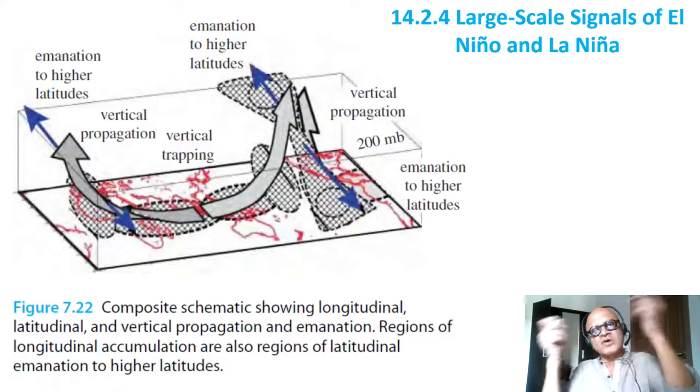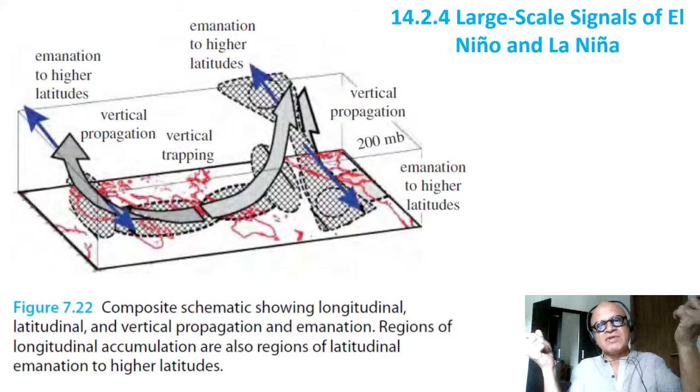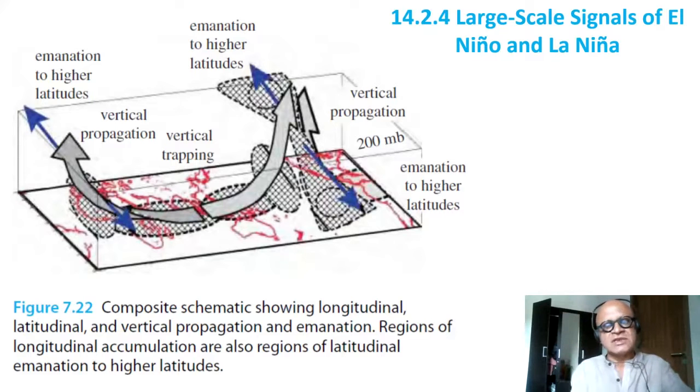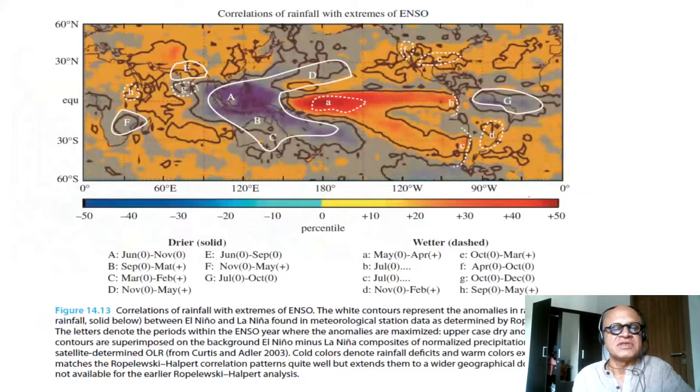The mean flow was the divergent flow in the upper level because of the Hadley cell, and there were also eddy fluxes which gave us the strong westerly jet in the extratropics. So obviously the variability associated with El Nino and La Nina involves similar processes, because they are also changing the basic state, moving the heat sources, and emanating waves which are going to go to high latitudes and also in the zonal direction, reaching faraway places, not just the tropical Pacific.